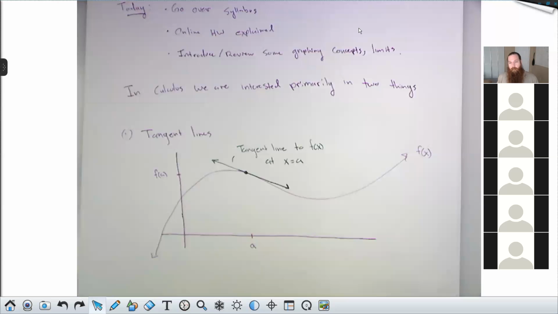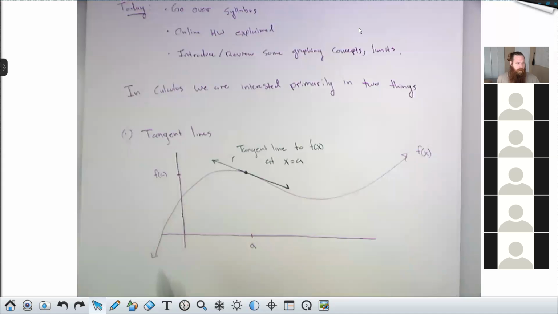Specifically, you have to be really comfortable working with fractions, you have to be really comfortable factoring, and you have to be really comfortable with all the rules for canceling. The first part of the course is all going to be centered around this problem of finding the tangent line, and I'll show you a lot of different ways that relates to the real world.